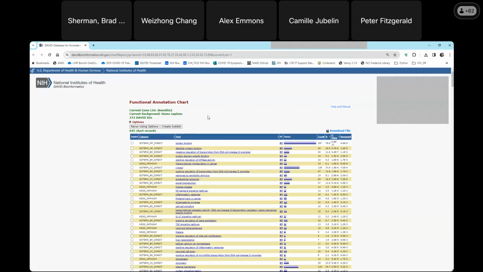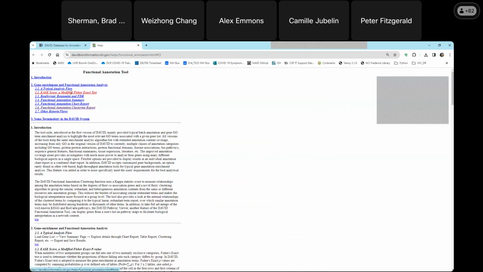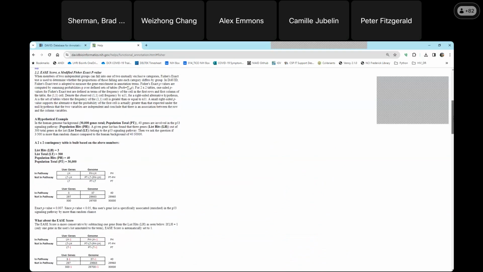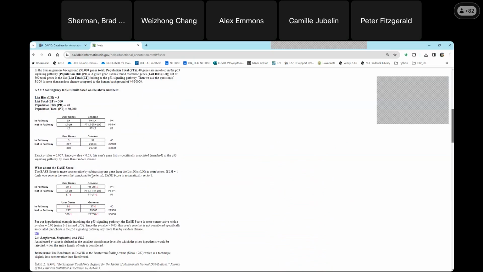But ideally, again, you want your background to be the group of genes that you could have selected your gene list from. So one way we can compare this is using a Fisher exact calculation. And that's what would be in this p-value column, which ranks this list here. However, this is a modified Fisher exact. And what do I mean by that? If we go to some of the help, there's a little example here. We found that in the case of, I'll call them one-hit wonders,